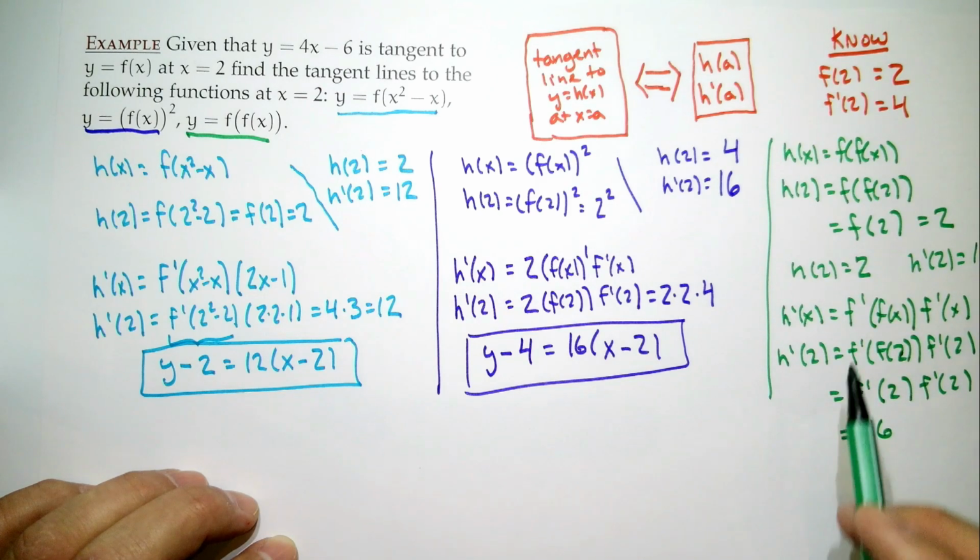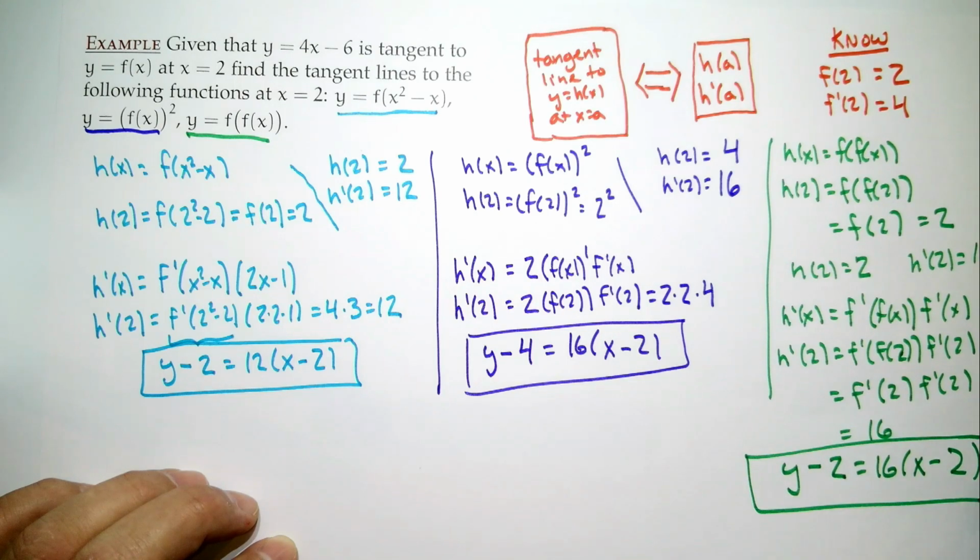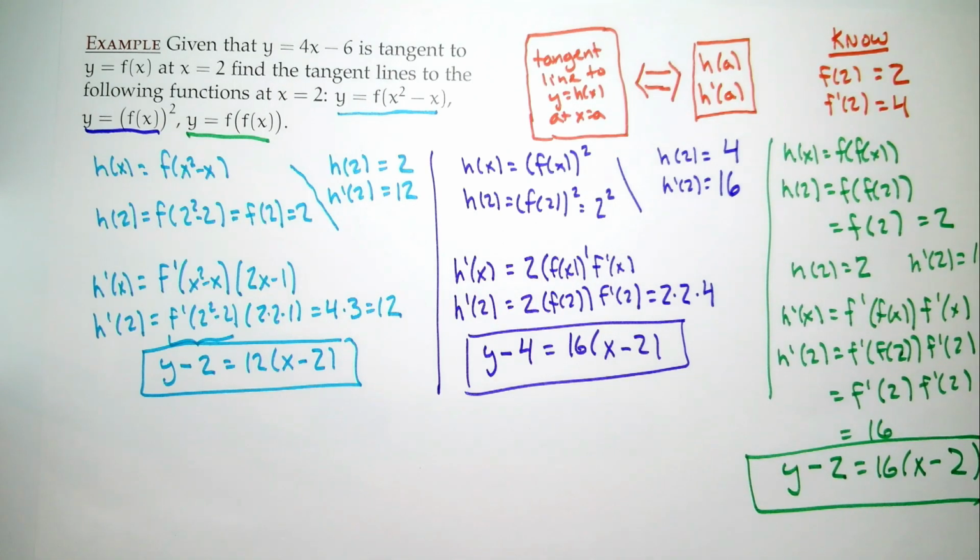So, what do we get? y minus the y-coordinate, which is 2, is equal to our slope, 16, times x minus the x-coordinate, which is 2. And there's our line. Okay. Really close to the edge, but I think we squeezed it in there. All right, well,